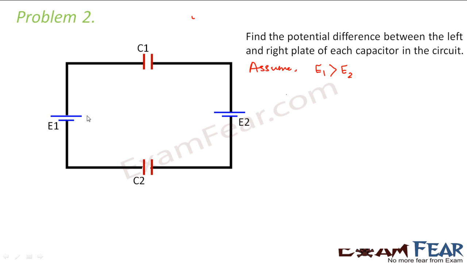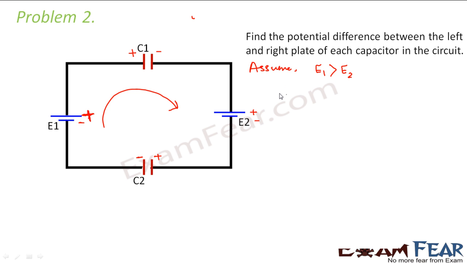So let me start from E1. I assume this is positive, this is negative. So if this is negative, this will make this negative, and this will make this positive. Now let us assume that E1 is greater than E2, so we assume that the motion starts from this battery because this dominates. So I assume the direction of charge flow in this direction. So this is positive, so positive charge comes on this plate, therefore this has negative charge, right? Now for this battery, this is positive, this is negative. So similarly, this is negative, so this will make this negative, this positive, right? And I assume this as the direction of charge flow.